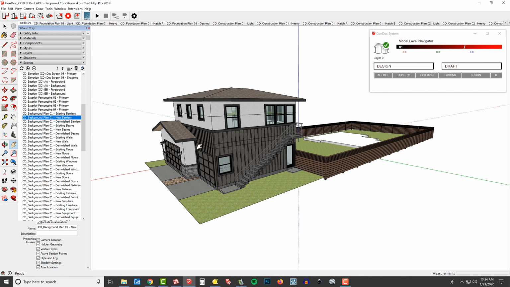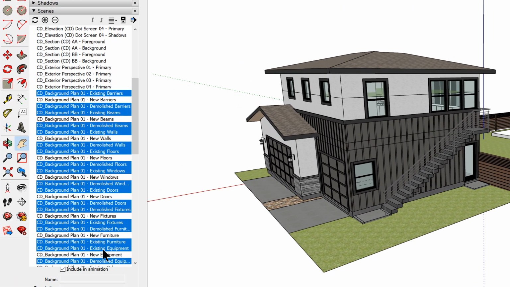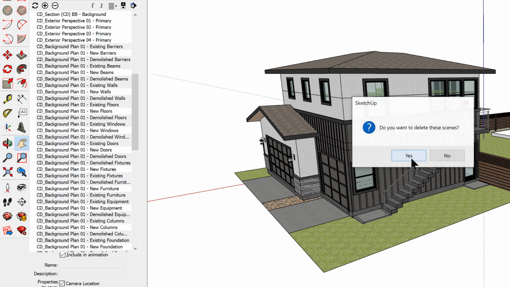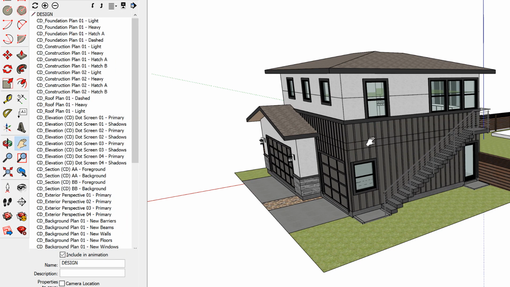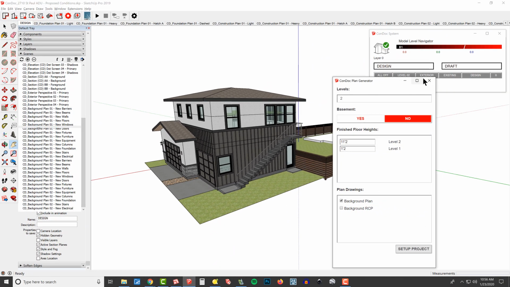So I'm going to take just a moment and clean out the scenes that we don't need, which you don't have to do. I just like to run a real tight ship over here and make sure that I only have what I need in my drawing. So let's do that. Okay, so we've got all of our scenes cleaned up, and let's close out our plan generator,